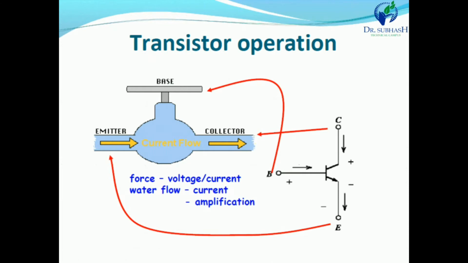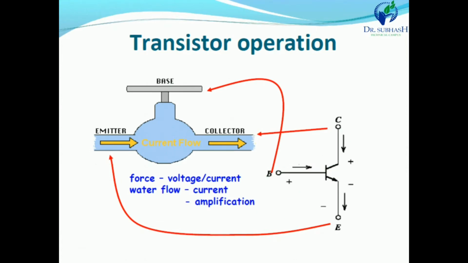If you want to understand the basic concept of transistor operation, then you have to remember this figure, because the transistor is a current control device. Now we know what a current control device is: if we change the input current, and according to the input current the output current or output quantity changes, then that device is known as a current control device. Here you have to control the input current, the base current IB, because if we change the base current IB, then the collector current is controlled according to the base current. So the transistor is known as a current control device.